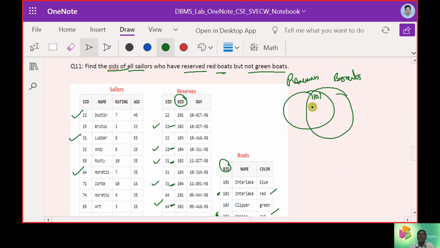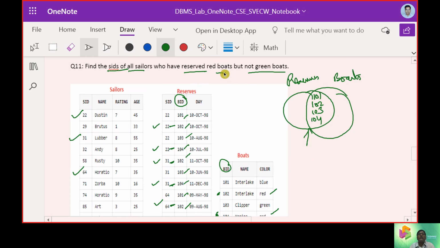All the boats are used, 101, 2, 3, 4. Every boat is used. So there is a possibility of common here, right? There is no other element which is not going to fit in other areas. So that's the reason why we can use 101, 2, 3 and 4.